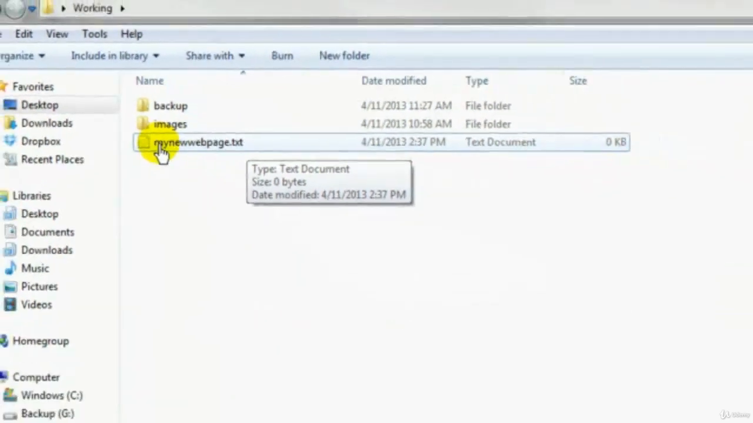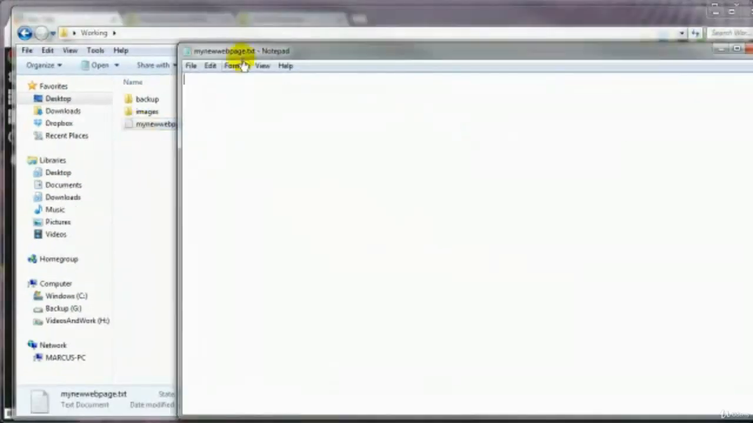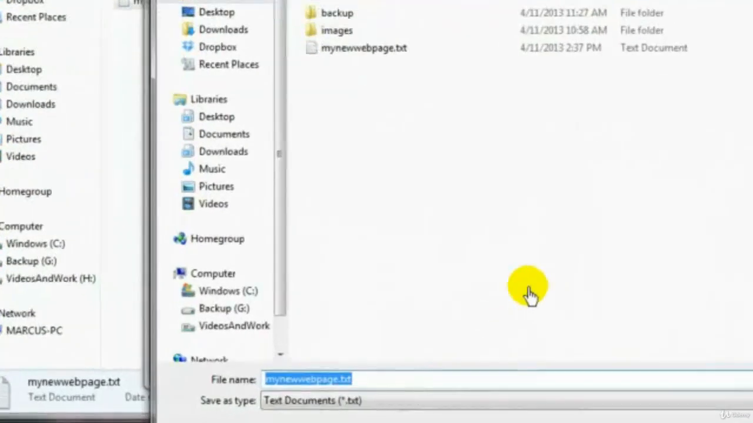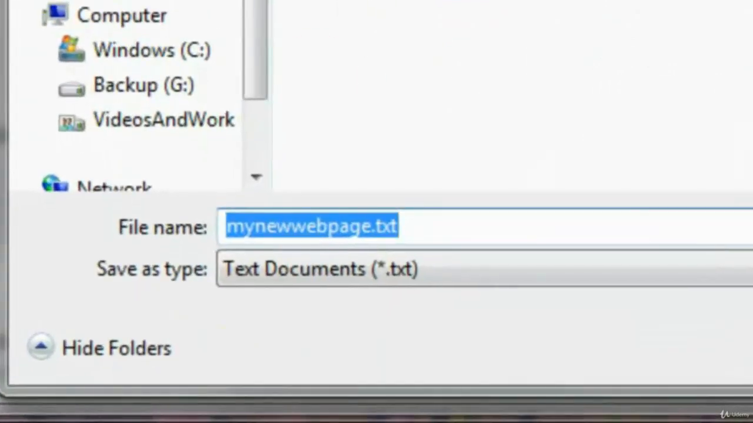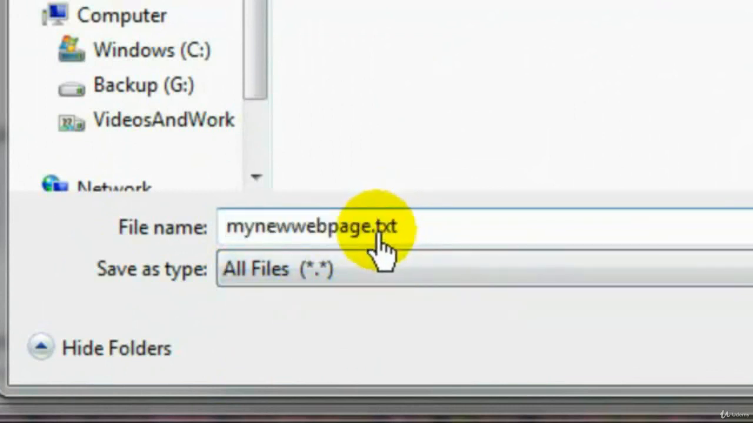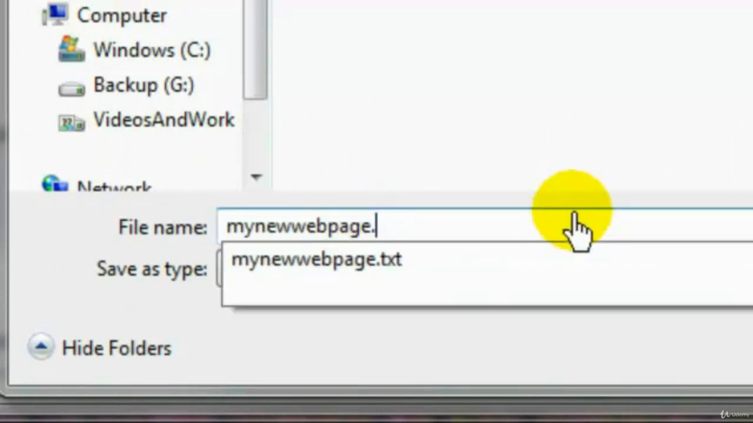So let's go ahead and open this up. Now, let's go ahead and make this a web page, technically speaking. You can see right here it's .txt. We need to save this as an HTM or HTML file. So go to File, go to Save As. And with Notepad, you want to first come on down here to Save As Type and make that all files, and then change that .txt to